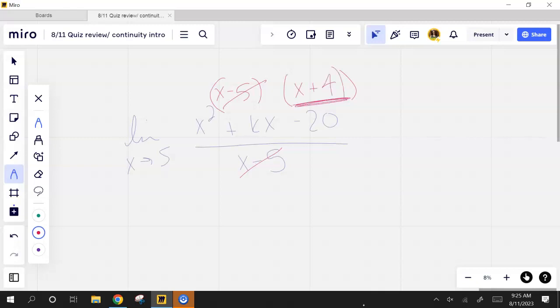x plus 4 is what you're saying. And now, if I multiply this out, x squared plus 4x minus 5x minus 20. So this is good, which means my middle term needs to be, yes. You have to think. It's conceptual. Huh? Yeah. Look at you. All right, so I'm